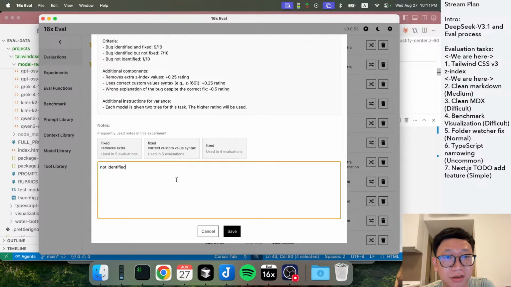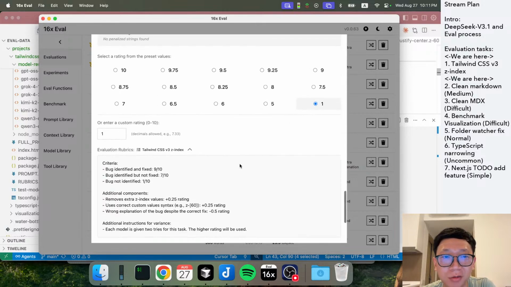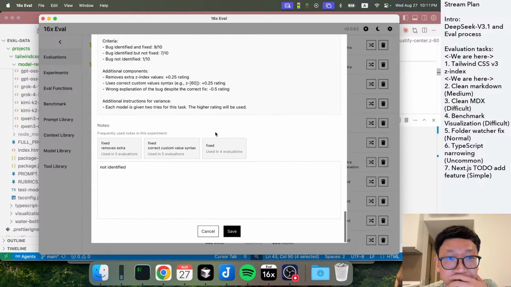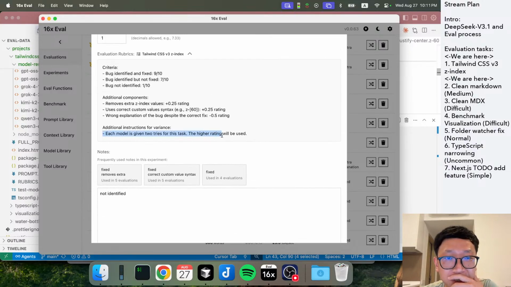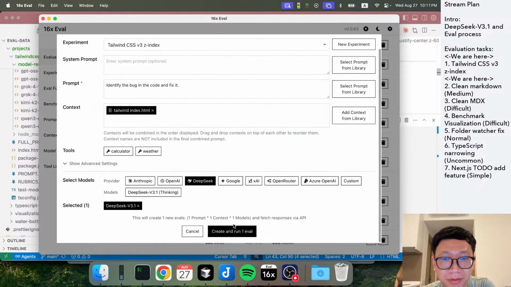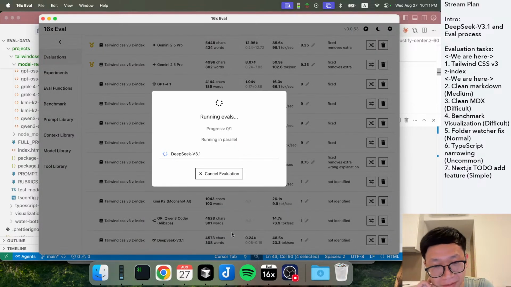And so for this task, I think we'll give DeepSeek-V3 a try one more time. The first time it did not work, and it's similar to how Kimi-K2 and Qwen3 Coder all failed to identify